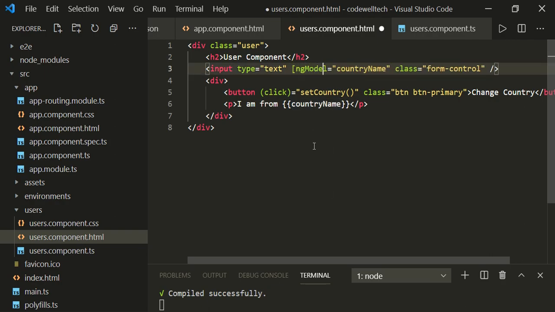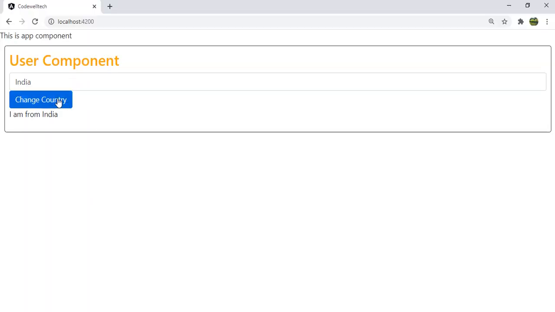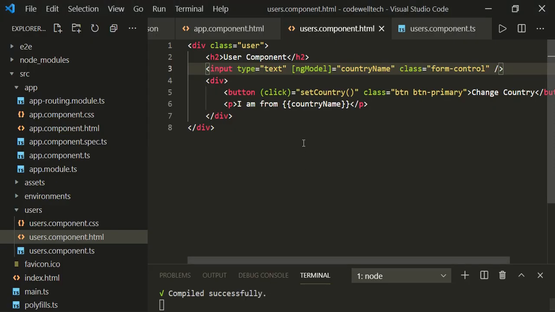If you do it like this and save it, you can see India, and when you click on change country, it changes the value. And if you change the value again and click on change country, you don't see this value get updated. So for that, we need to use the event binding also on ngModel.